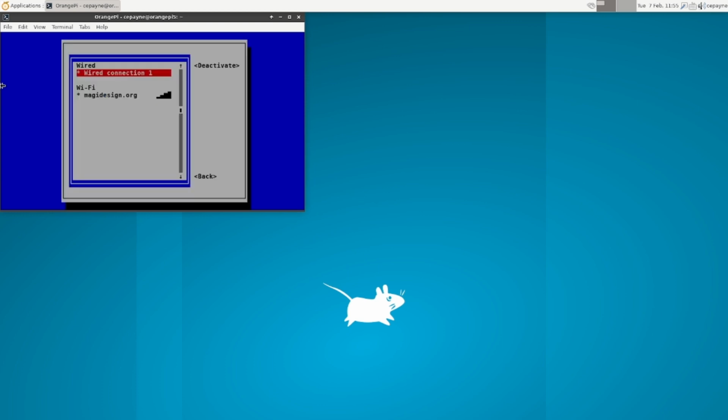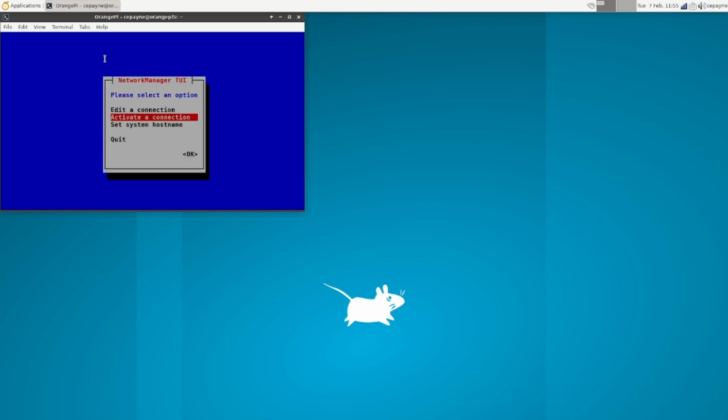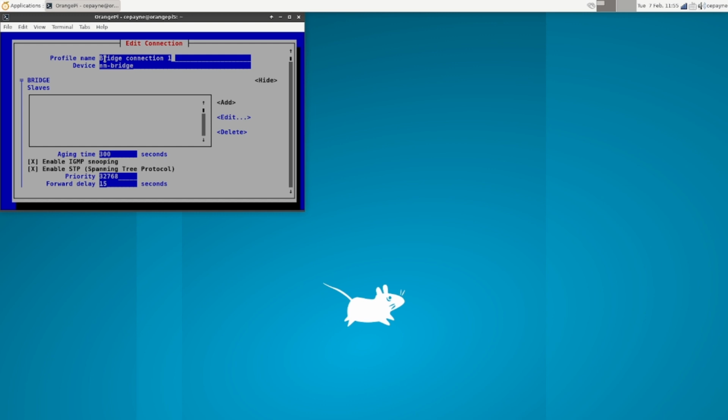a connection, and you see wireless is already connected, so I'm going to tell it to go ahead and disconnect it. And we're going to go back, come back into my window, go back, and we're going to go up to edit connection now, and we're going to tell it to add a connection. And we're going to go down to bridge. We're going to say create,